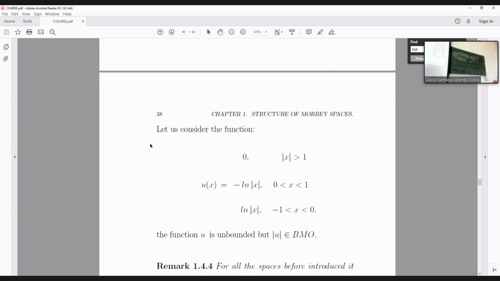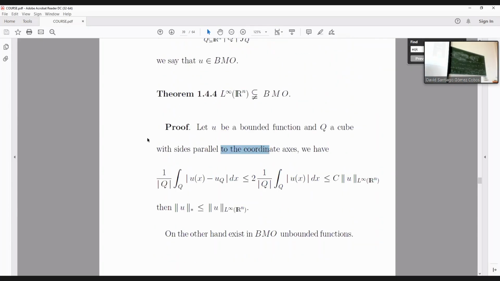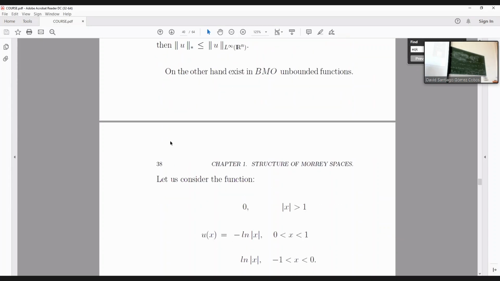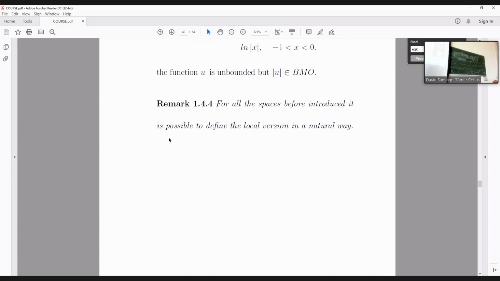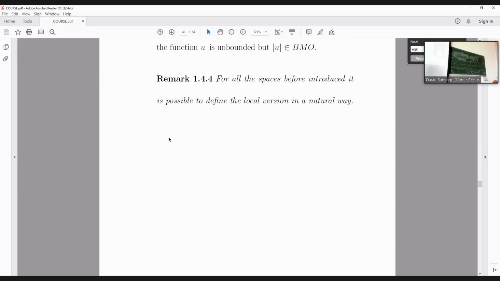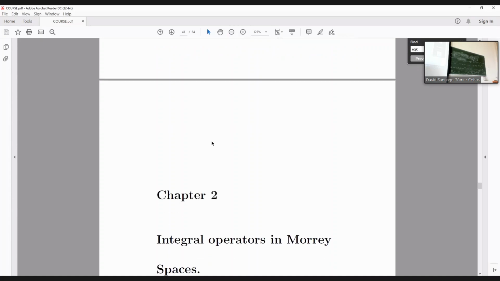So we have really proved that the inclusion is strict. Then, for all the spaces introduced before, it is possible to define the local version. So we can say that the local version in a subset of omega, of course,